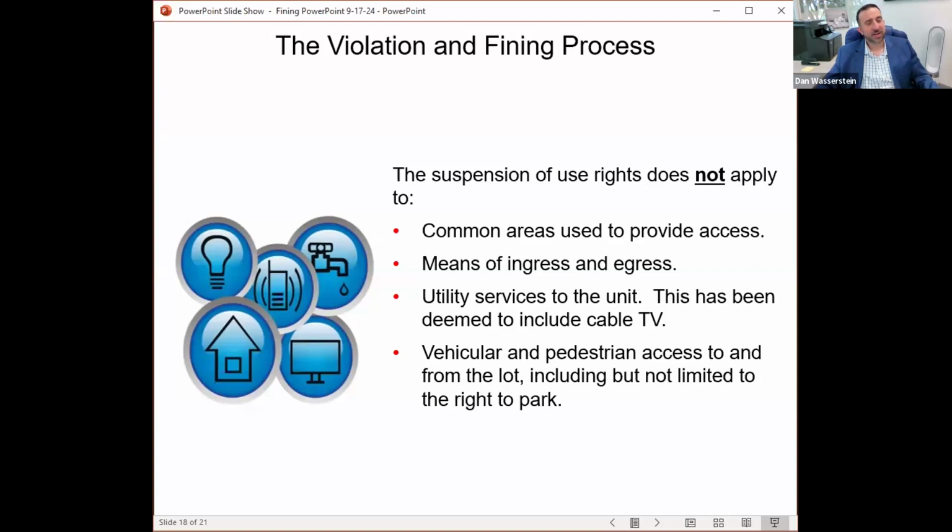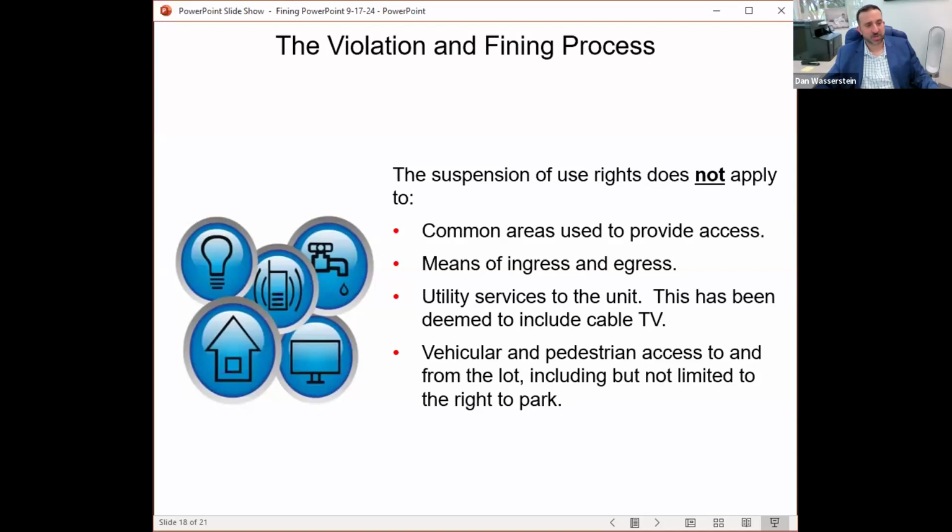However, again, highly effective, highly controversial, especially internet after COVID now, when we're in a post-COVID world, a lot of people use internet as their means of working. So it's being perceived more and more as a utility than a luxury. So internet is one that I would, even if you have the ability to cut someone's internet off because you have, let's say, a bulk telecom contract, I don't recommend doing it.